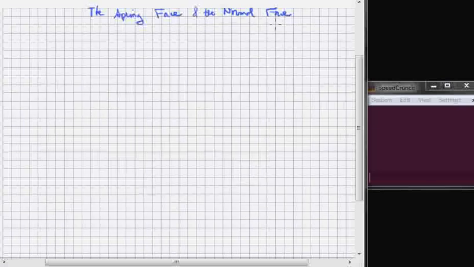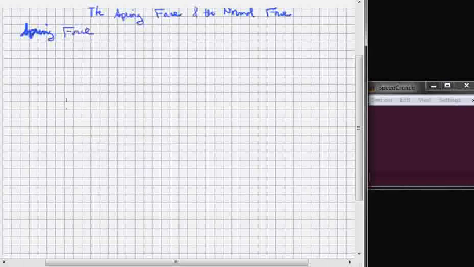So I want to talk about the spring force and the normal force. Both of these are going to pop up again. So let's first of all talk about the spring force. Okay, so imagine a massless spring hanging vertically, and imagine what happens